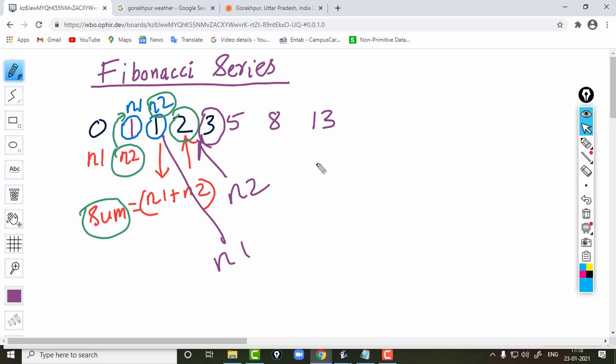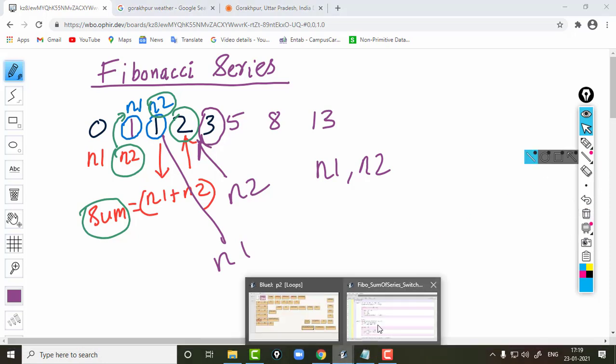So you can see that the value of N1 and N2 will keep on changing, and the addition of these two numbers will give me the value of sum, that is the next number.